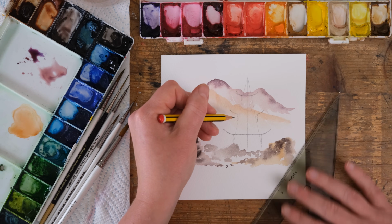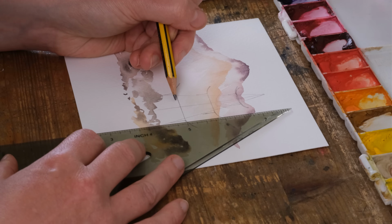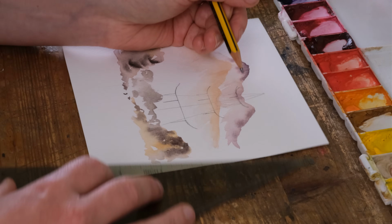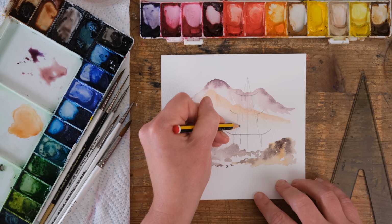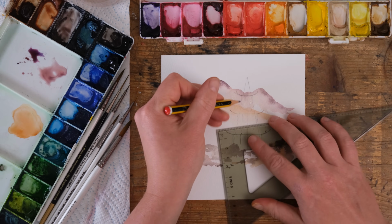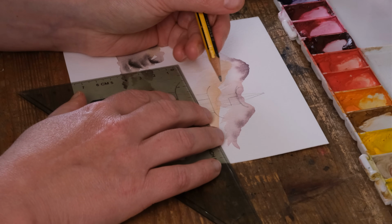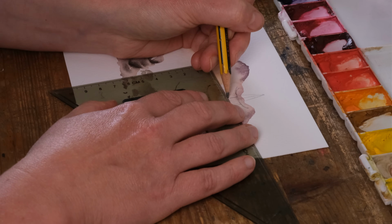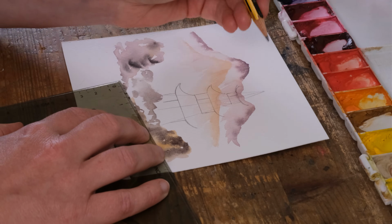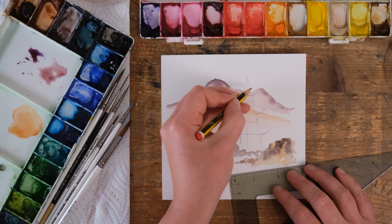Okay, so let's look at this bottom one here. The other thing I want to do is to create this temple on a 3/4 angle. So just stick with me here. What I'm going to do is I'm going to do a little line like that, and that is going to be the point at which, that's like the wall, the side wall of each temple. So it's going to go down just a little bit, and that is going to connect like that. That side is going to connect like that,